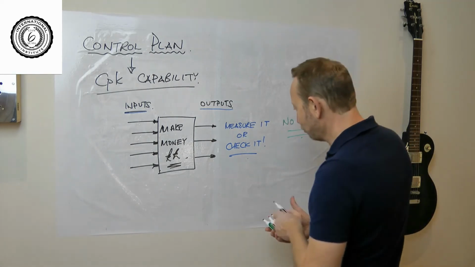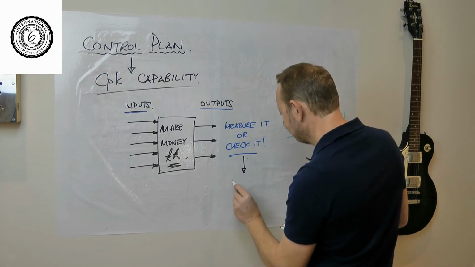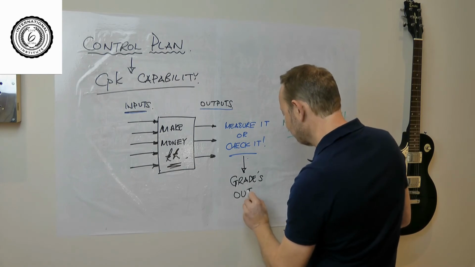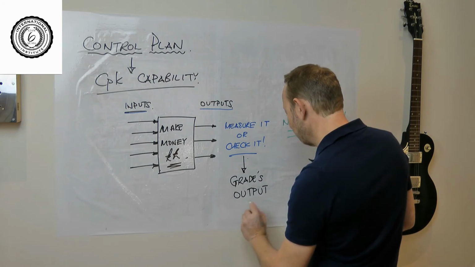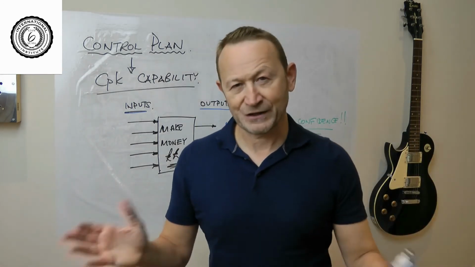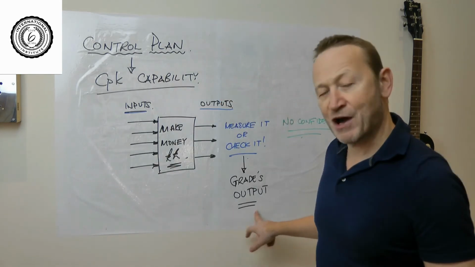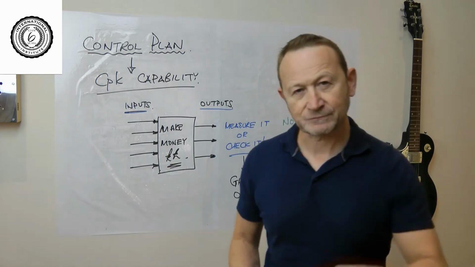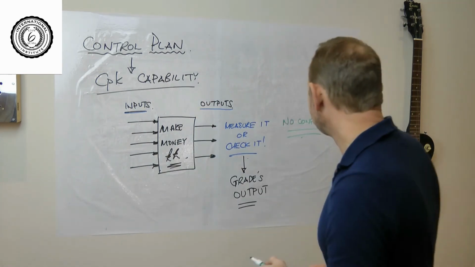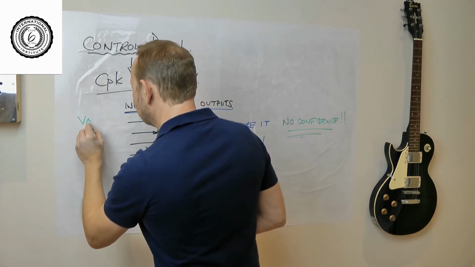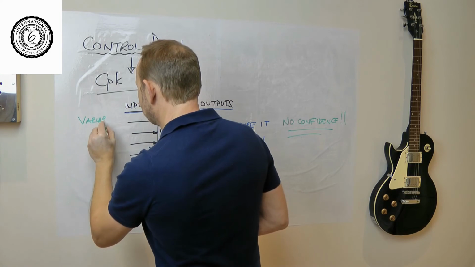And all this does over here, of course, is it grades the output. Good ones, bad ones. Rework, remake, repair. And that's all it does. It just grades the output. That's not a control plan. It's an inspection plan. A true control plan works over here, and it works on the variables, the inputs,